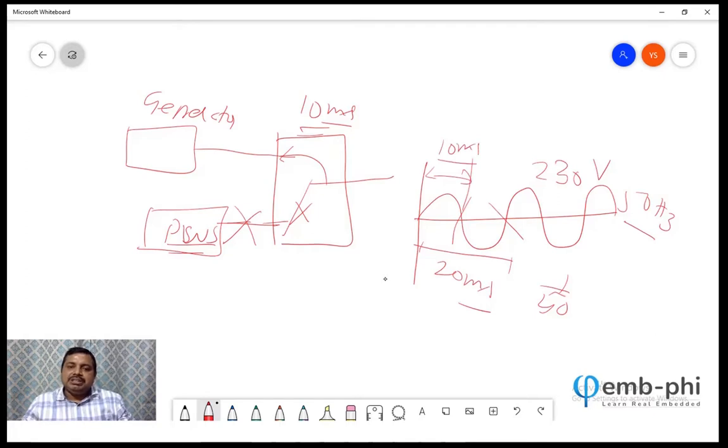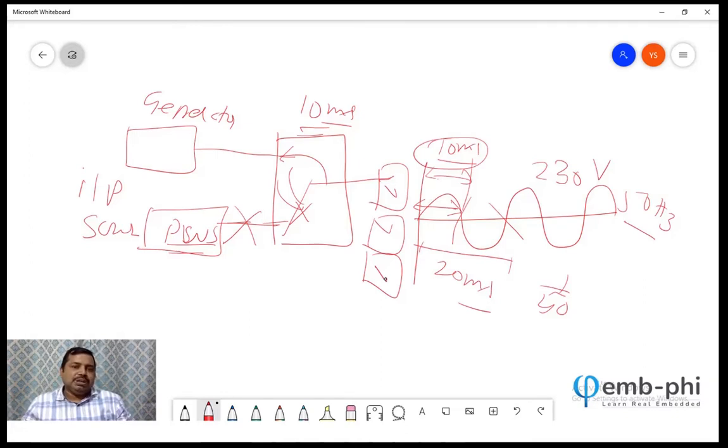So in 10 millisecond, this much time only I had to switch the source. This is the input source, and this is the input source. Only 10 millisecond we had to switch the input from here to here. Why? Because if more than 10 millisecond delay comes, the devices connected here will switch off. Once they switch off, it will be a very big problem.